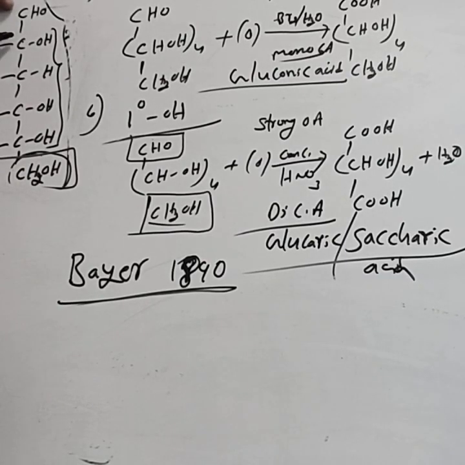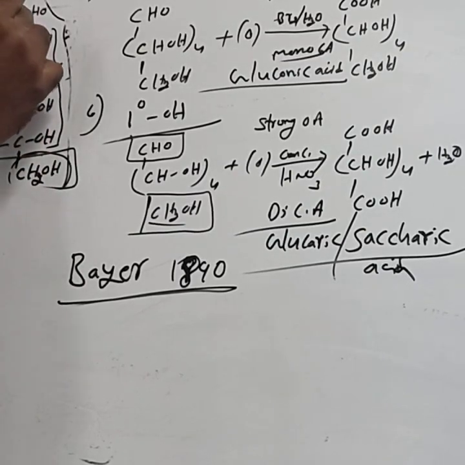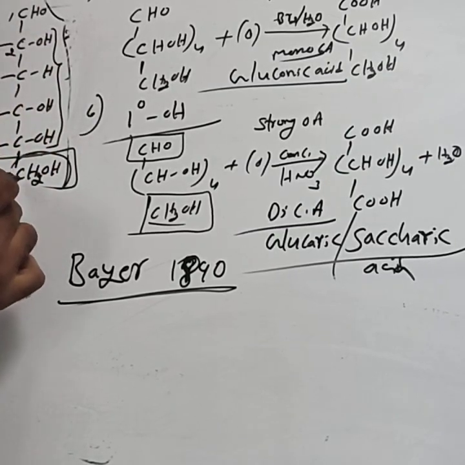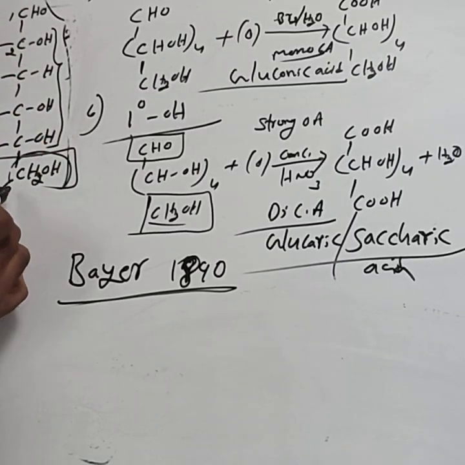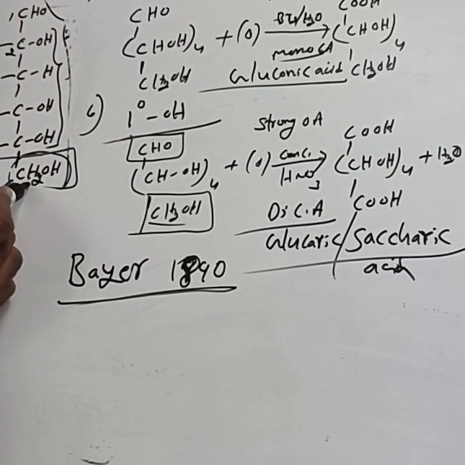First consider the 6 carbon atoms in the straight chain. This is the first carbon atom from the aldehyde group. You have to number this parent chain from CHO as 1, then 2, up to 6. CHO is at one terminal position, and at the other terminal position is CH2OH.